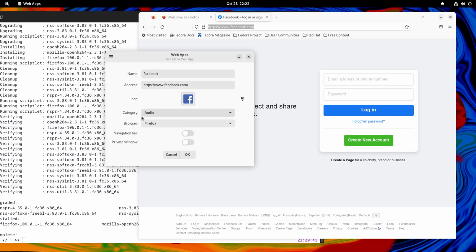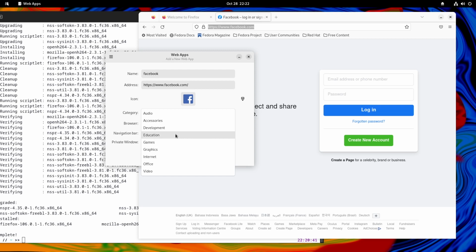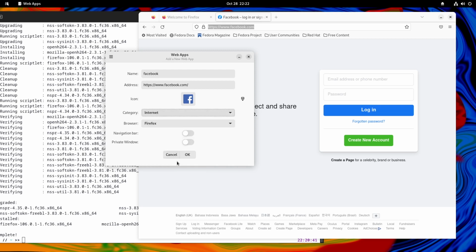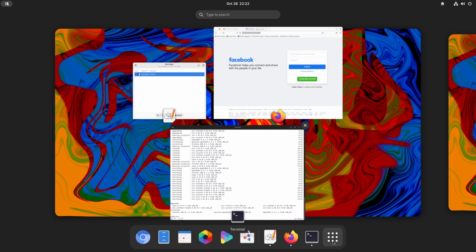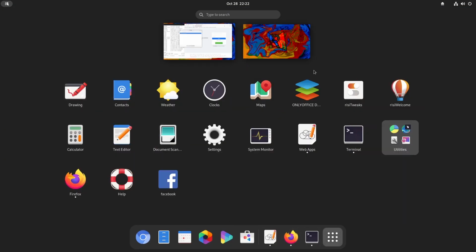Okay, and then the category will be internet. Private window, I don't know what this is. I will just click OK.